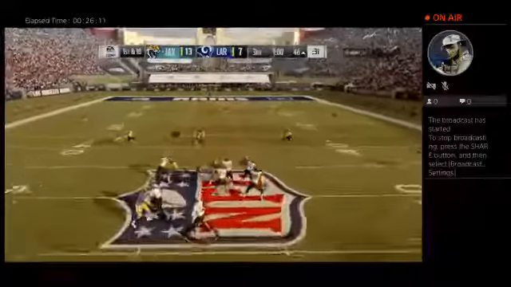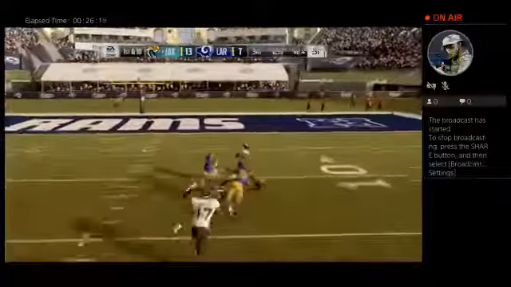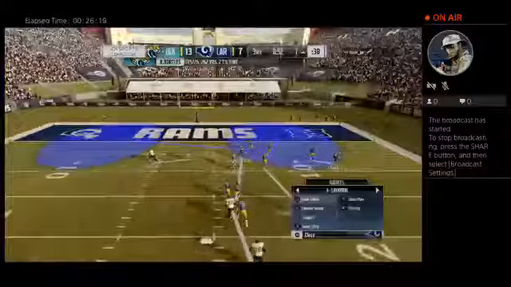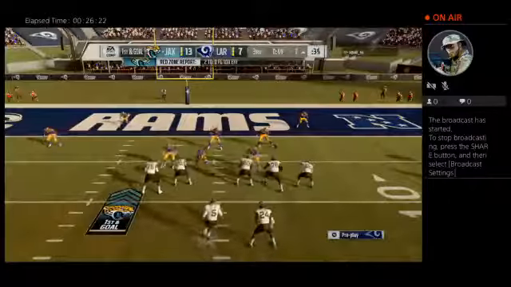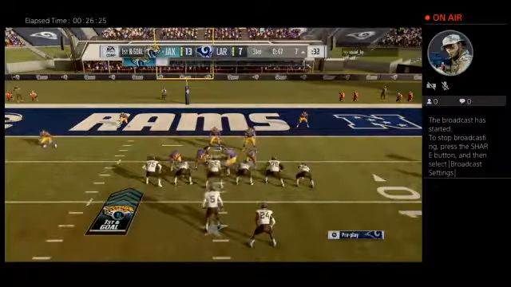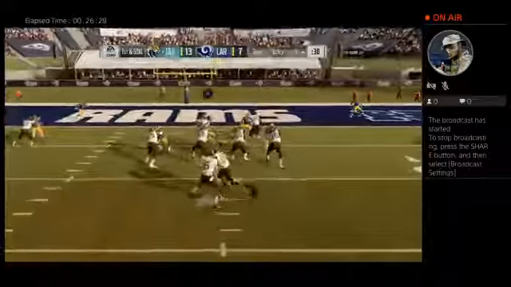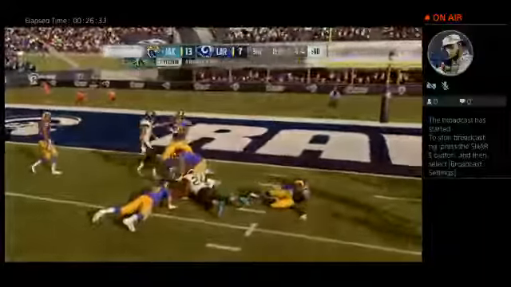Working from the gun, it's Bortles. Throwing the slant pattern here, complete. And great yardage here all the way deep into Los Angeles territory. A gain of 39 that time. The well-executed slant routes are based on timing, and that one was hit just right. The ball out of the quarterback's hands quickly, right to the receiver. He catches